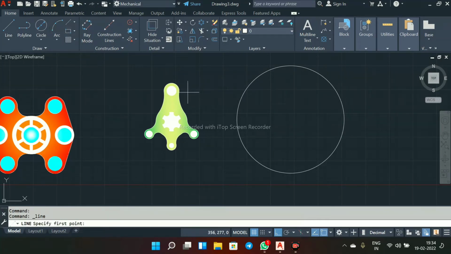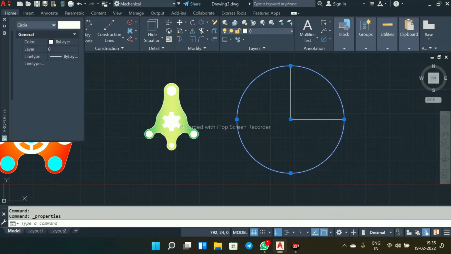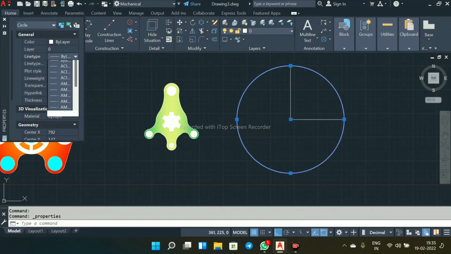Select this line command, select the center point, select the center line, select this entity, right click, properties, line type, and go to here center.